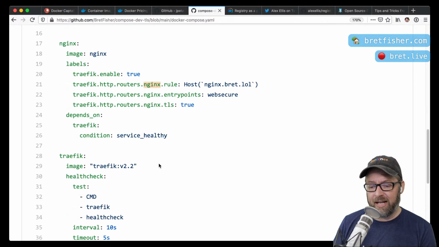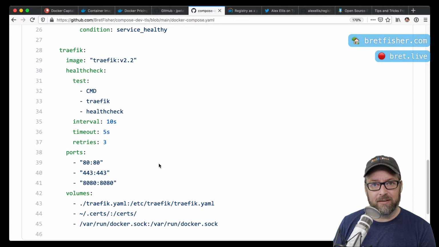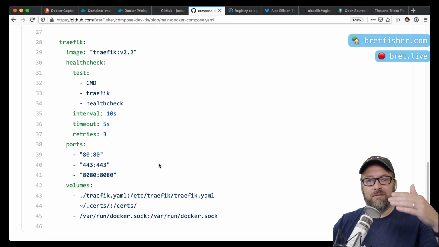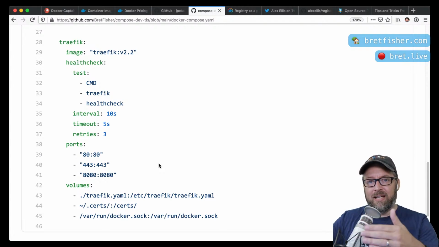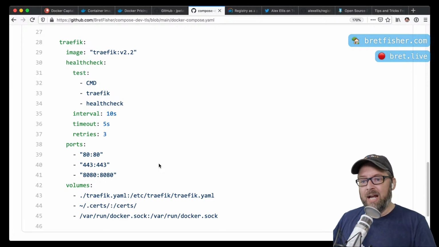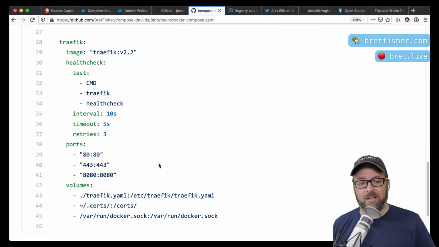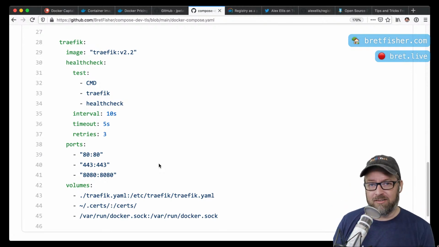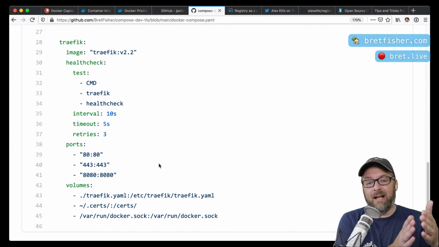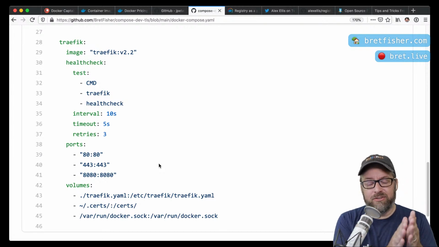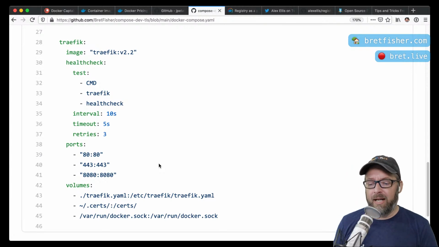So you just do that, and then you're spinning up Traefik, right? Traefik is going to sit in front of all these, and it's going to be the thing listening on port 80 and 443, and then all the traffic on my local machine will go through it and then go to my backend containers. This is very much like your production setup, whether you're using Docker or Swarm or Kubernetes or Nomad or ECS or whatever you're using, you're probably going to have some sort of load balancer in front of that, whether it's an ALB or an ELB. And so this is a very similar setup to that production environment.